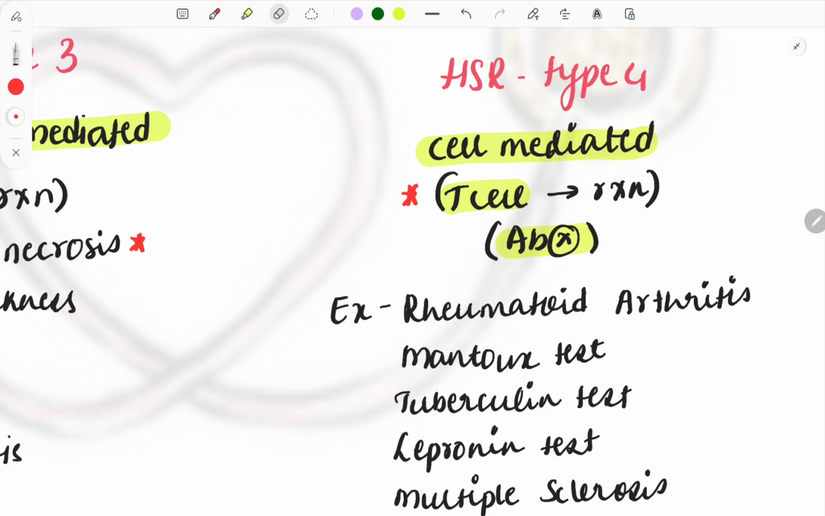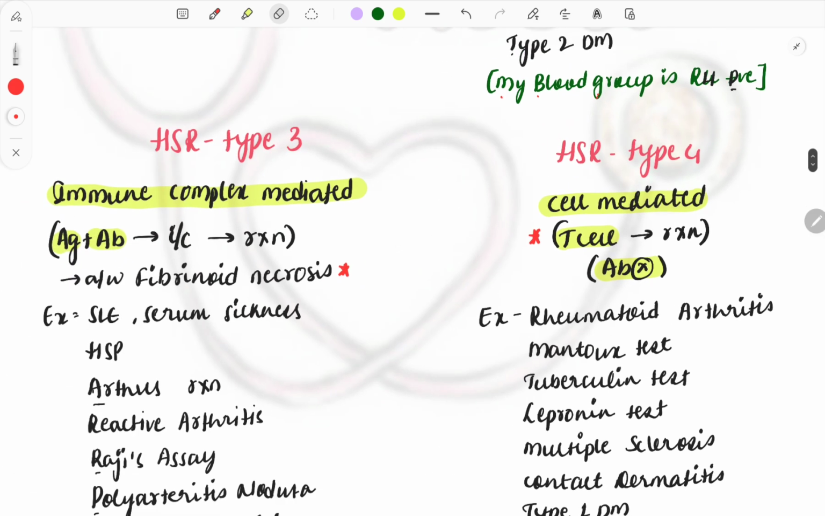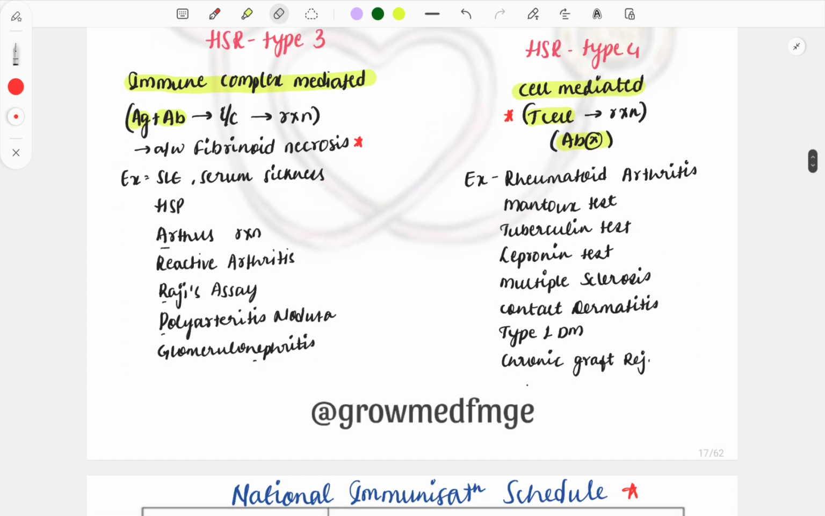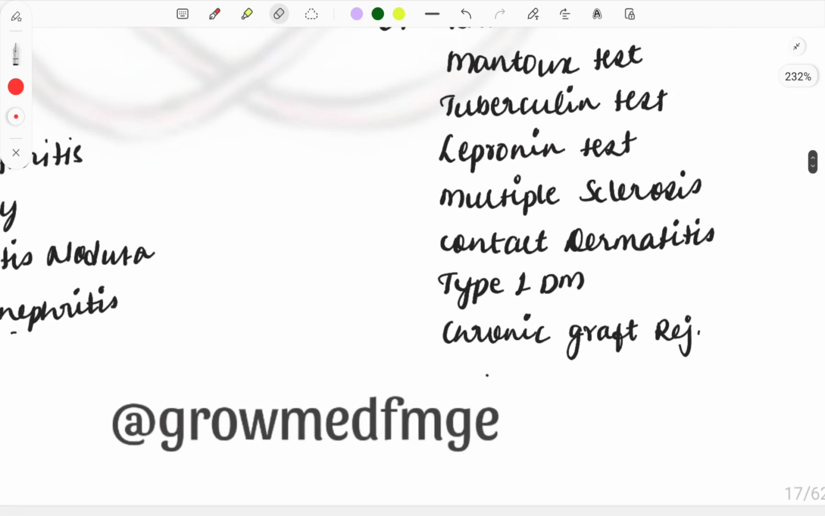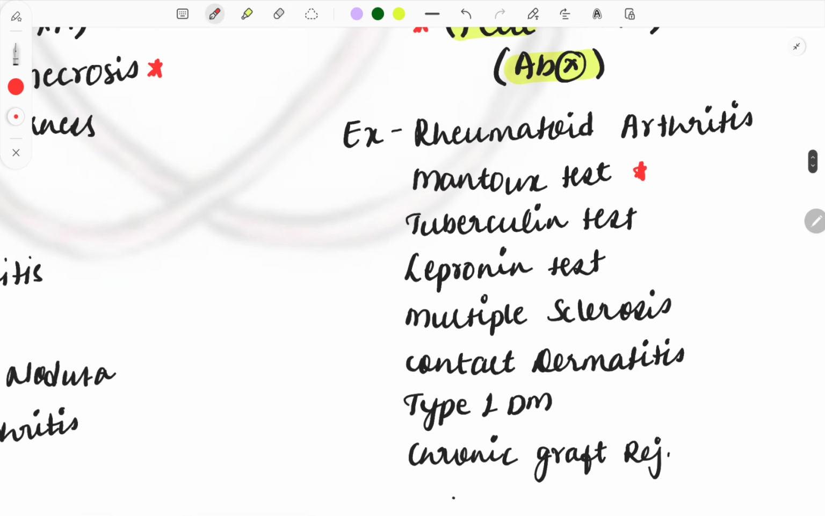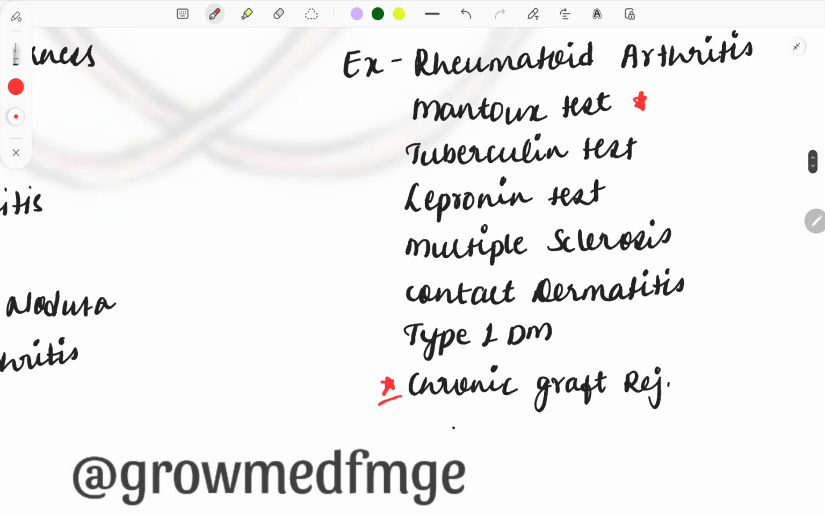There's no action of the antigen as well as the antibody, whereas in all the other three you can see the formation of the antigen or the antibody. So these are the examples, and this Mantoux test is a PYQ which was asked. Then this chronic graft rejection also. Okay,